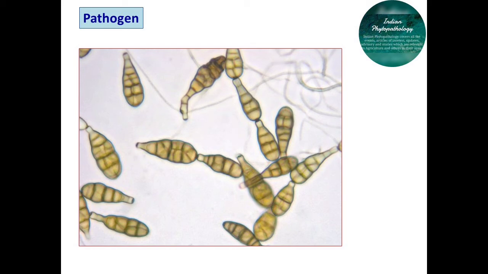For managing this Alternaria blight, we have to apply integrated disease management practices as we have seen in earlier diseases of cotton. In that, first is to remove and destroy all infected plant debris, deep summer plowing, and avoid seed from infected crops. Similarly, after emergence of this disease, we can also control it by spraying with mancozeb or copper oxychloride 0.3% at regular intervals. Then 4 to 5 sprays at 15 days interval are found effective for controlling